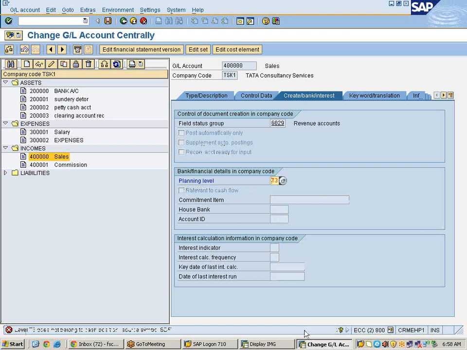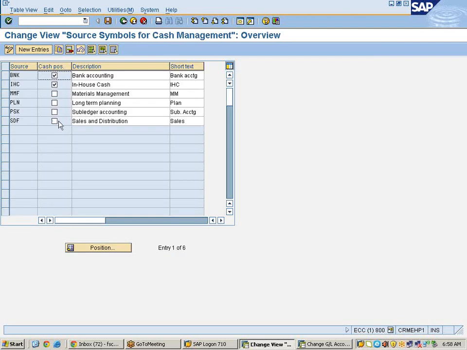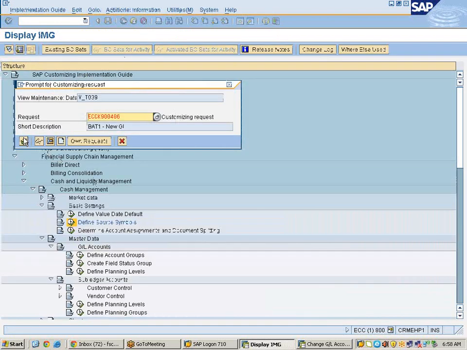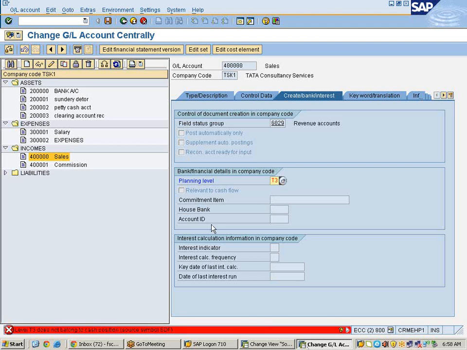SDF, one second, it is the issue. So if you are facing this issue, you do one thing. Initially we need to update with SDF as a cash position, but you need to change it to avoid this issue.